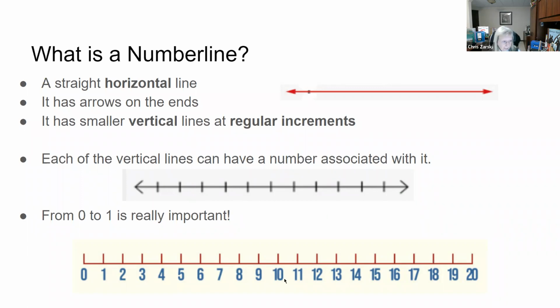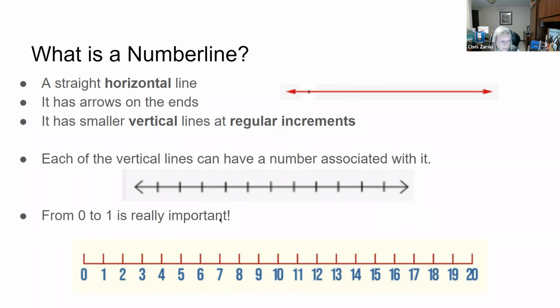So we gave them just a blank line on a paper. And we said, let's look and talk about all the different pieces. We talked about what a horizontal line and a vertical line are, because I wanted them to see the vertical hashtags that are equally spaced apart. We talked about all those pieces. We said, okay, now you're going to make your own.